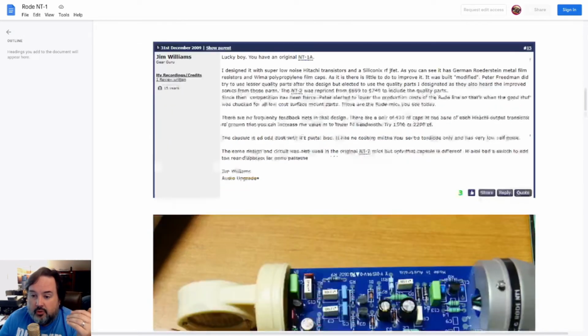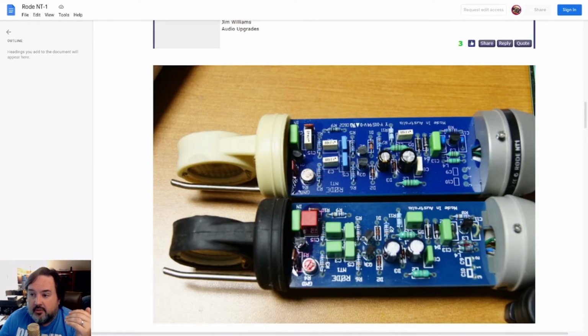Let me just show you, I found a picture of the two circuits that were here, and you can see what he's talking about. On the bottom is an original NT1, and on the top is the NT1A, or actually an NT1. You can see they're both NT1s. But you can see the circuit board is exactly the same, but some of the components are changed. You can see here in the C3 and the C5 position, those are changed. You can see the C15